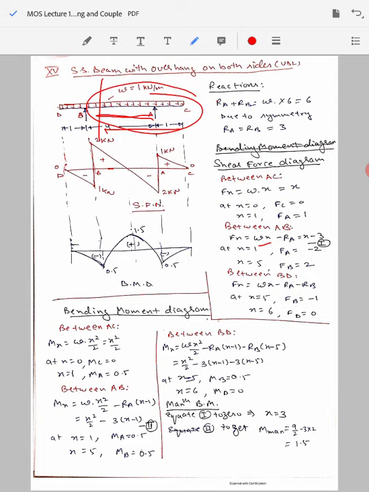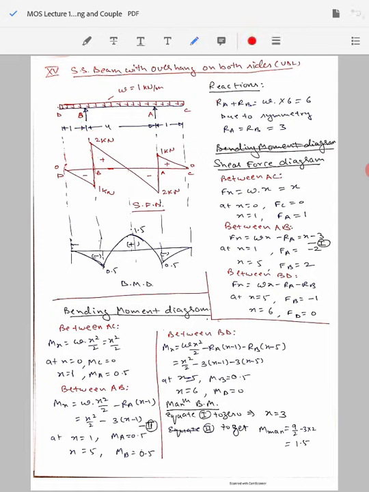So this gives you, pardon me, the shear reaction force is RA, so in this shear force equation it will be simply WX minus RA. Because W is equal to 1, that gives us X minus 3 as this equation. Now when we evaluate it for X equal to 1, that means for this end, and for X equal to 5, that is for the other end, you will get the shear force value as minus 2 and 2 respectively.